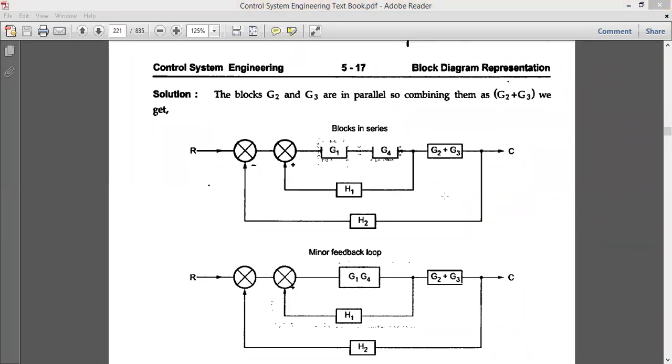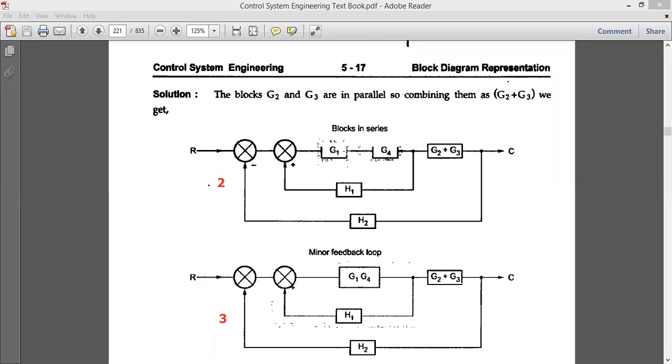Let me tell you here, once you reduce any block, apply the rule starting from 1. अगर एक block आप solve कर दिए, draw the new block diagram, right? This was the first diagram, and this is the second diagram. As per our discussion, this is my second diagram, and this will be my third diagram. Here is the third modified diagram, but your first diagram is your given question. Okay, so ये मेरा नया block है. Fine. Now go for applying the rule.